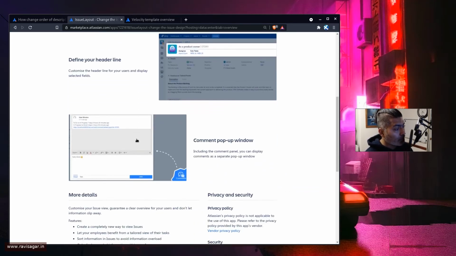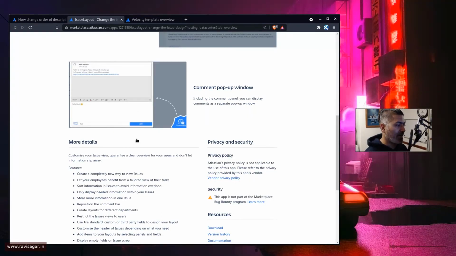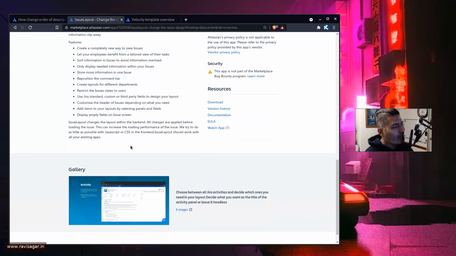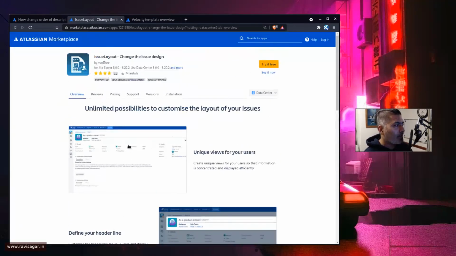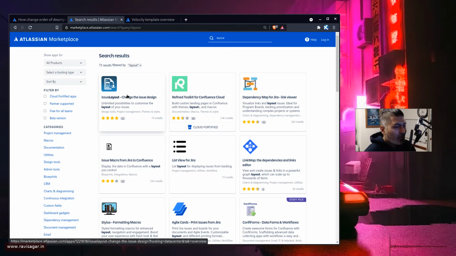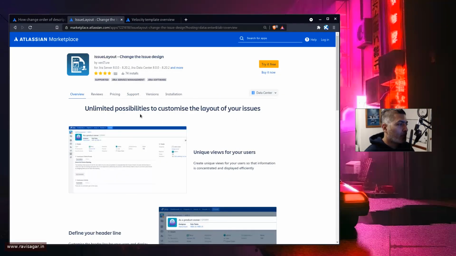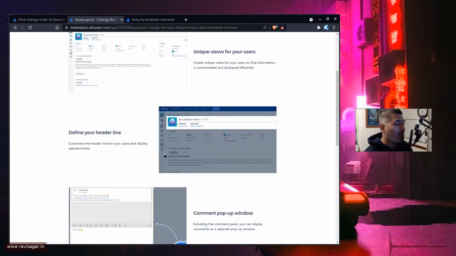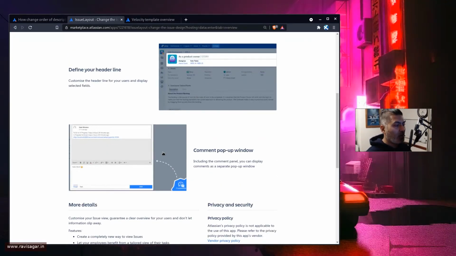And what I'm now hoping to do, these days I'm a bit occupied, but whenever I get time, whenever I get a chance, I do have a list by the way with me, like things I need to do for my YouTube channel. But I'm hoping to basically evaluate this app, and maybe I can do a quick search on marketplace. So I don't really see a lot of apps that can basically change the layout for you, but maybe this one can help. So do give it a try. Maybe it will work. As I mentioned before, I don't really have any personal experience. I never really used it myself, so I cannot really say that yes, this will work perfectly.